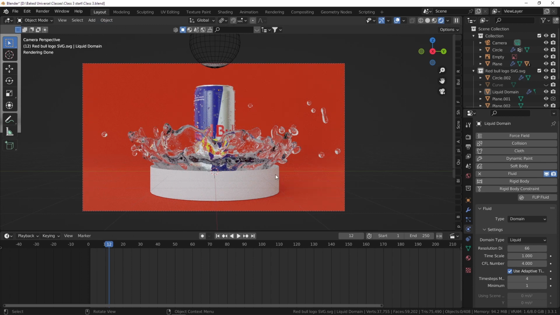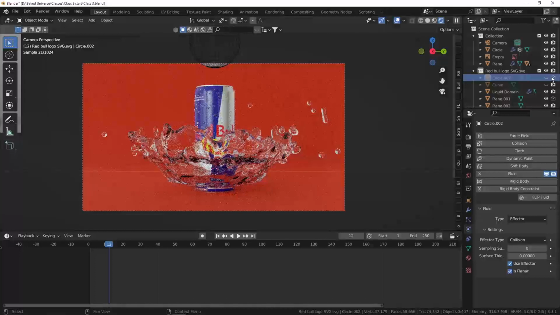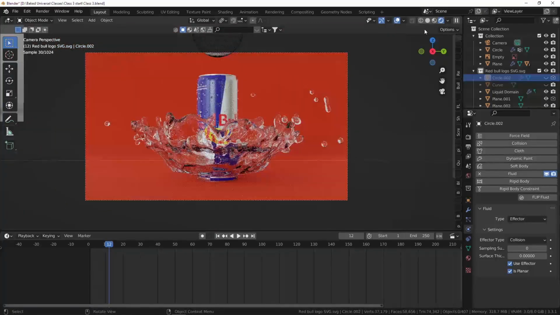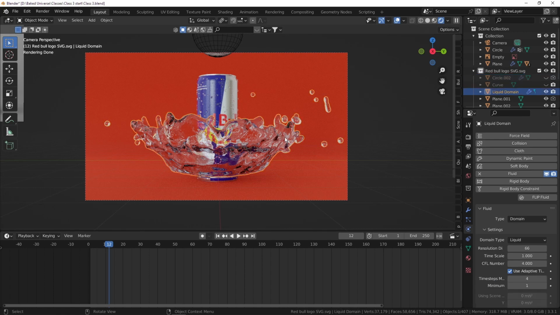Alright, so if we select our effector and hide this with those little icons at the top right, we can see that we have our water simulation in the scene. Isn't that beautiful? Now comes the point where you can tweak your settings to whatever you like, up those resolutions,